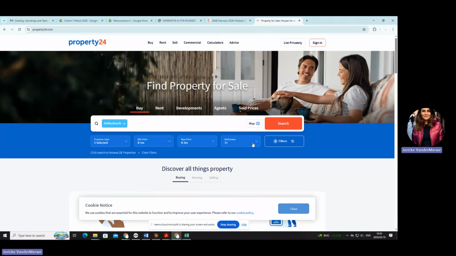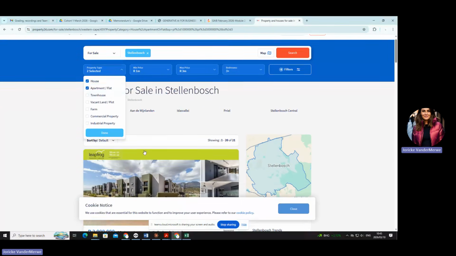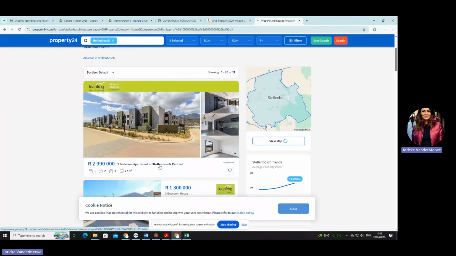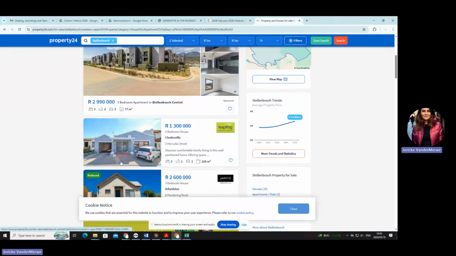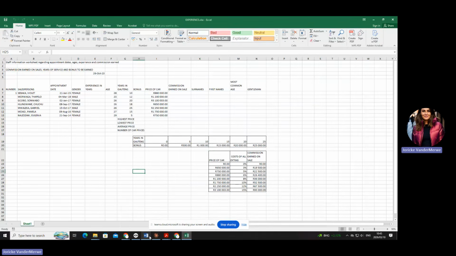Can you see I'm putting filters there? There's 4 filters. Can you see that? Then I say search. Okay? Then it gives me a property. It can, remember, be a house or an apartment between the prices of 1 million and 3 million. And it needs to have 3 bedrooms. Can you see I've got about 21 of these searches that came out? Okay. Now, I want you to take that same example into pivot tables and pivot charts.